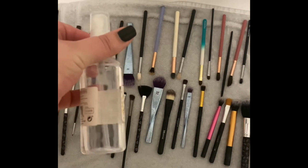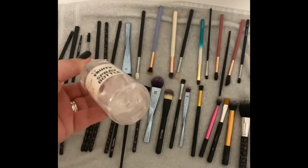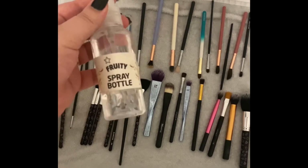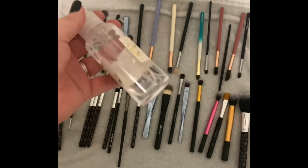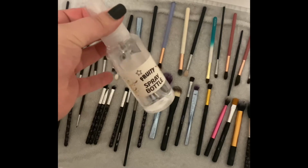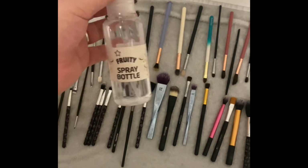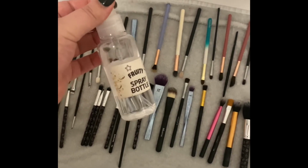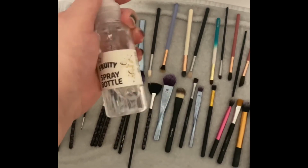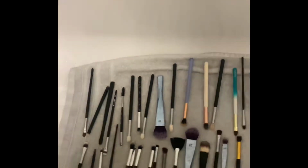In this little bottle, this is surgical spirit. I get it from Superdrug, you can get it from Boots, you can get it online. This is what Americans call isopropyl alcohol, which is surgical spirit here in the UK, and I've just got it in this little spray bottle, which was from Superdrug. I think it was about £1.52, and I just pop the lid off and swap hands,